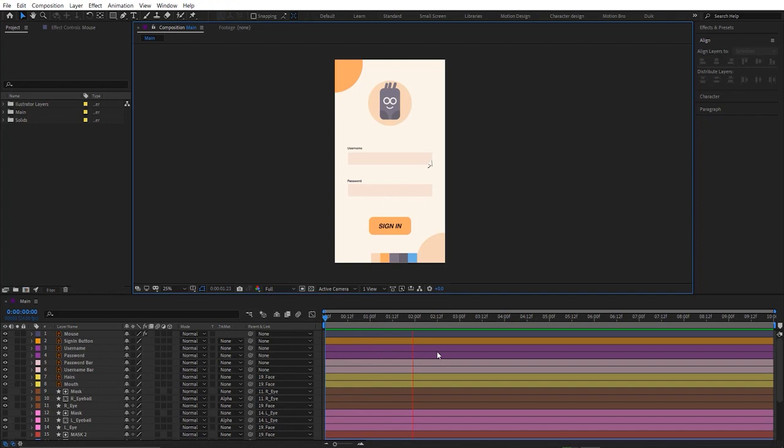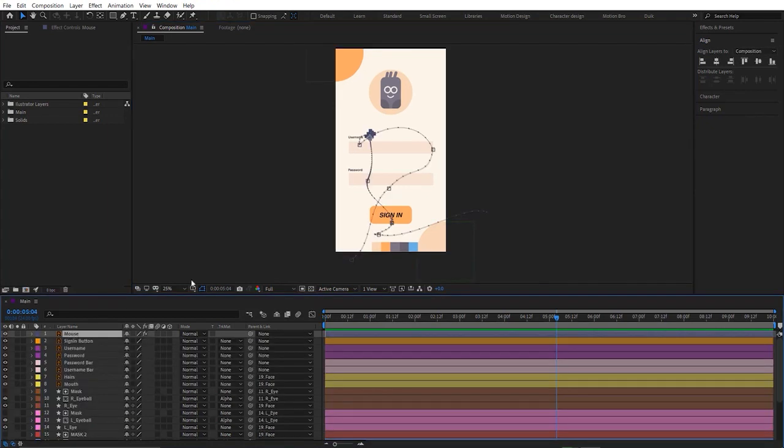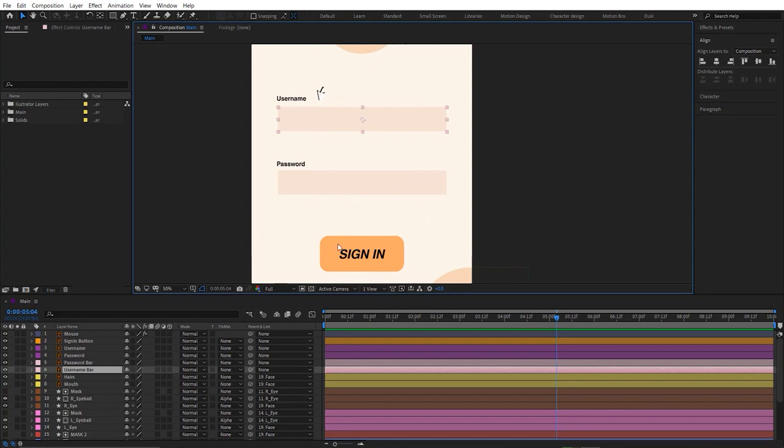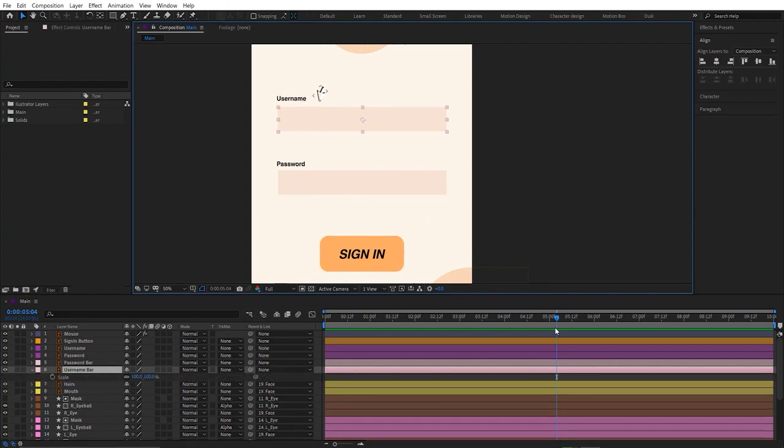Okay, so far we have this animation. Now we need to animate the buttons. So let's start with username. When you click on it, it's going to get smaller a bit and then it scales to its original size. So let's press S, and when mouse pointer is almost in here, let's set a keyframe